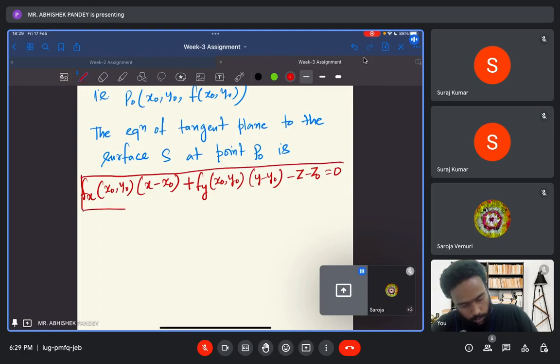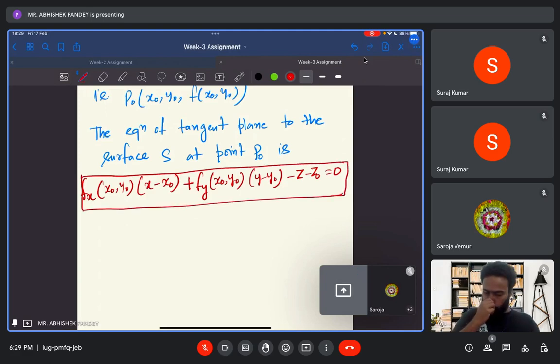This is the equation of tangent plane. Okay,